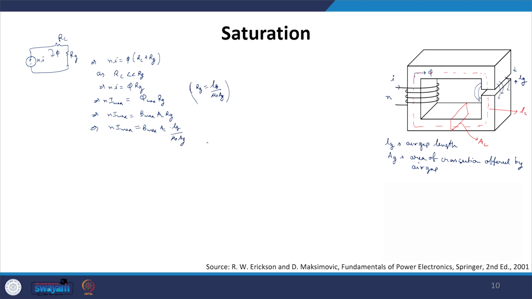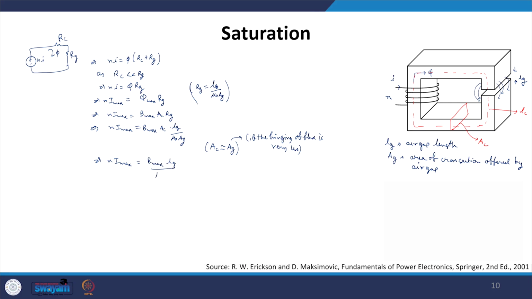And if we assume that my Ac is very close to the Ag value, that is, the area of cross section of the core is very near to the Ag value, meaning we have assumed that the fringing of flux through the air gap is very less, we can then say that our Ac is nearly equal to Ag, and then we can write N i max is nothing but B max